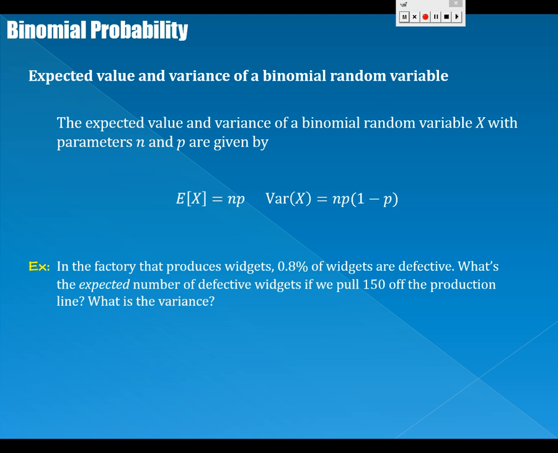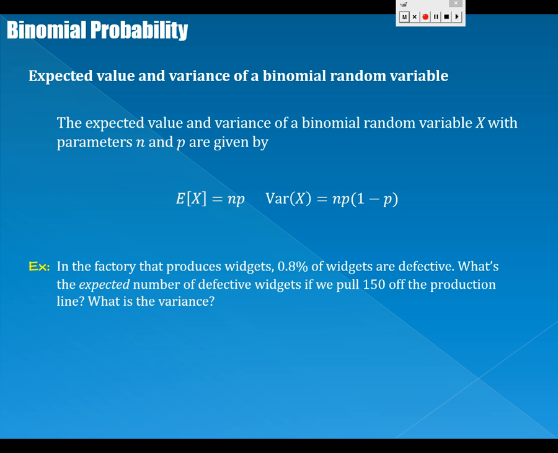All right. If we're going to look at the last problem again here, if we were just to do this every day, take 150 widgets off the line because we're all about that quality control, how many do we expect in a given day if we pull 150 off the line? Well,